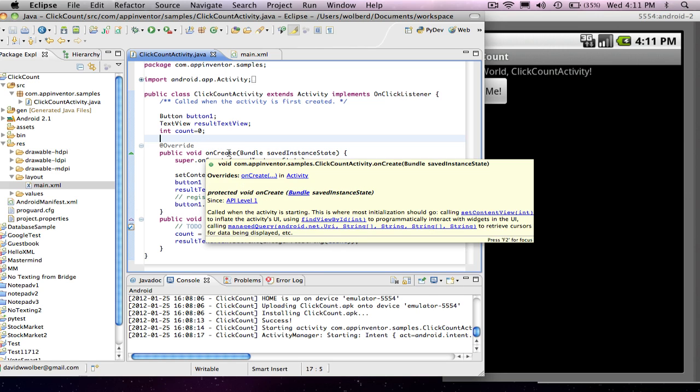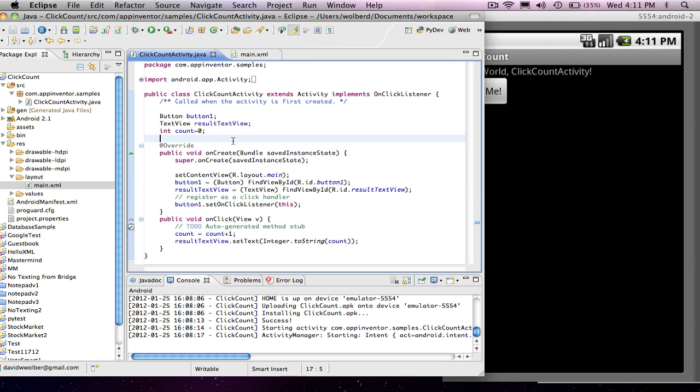So what we're going to do is, we're not even really overriding, we're really extending. So in onCreate we first call the parent's onCreate, and super is the Java keyword for the superclass, in this case the class Activity. It's got its own onCreate method. We're calling it, and we're basically saying you do what you usually do, and then when you get done, I'll do my custom stuff for my class ClickCountActivity. So Activity does some bookkeeping in its onCreate, and